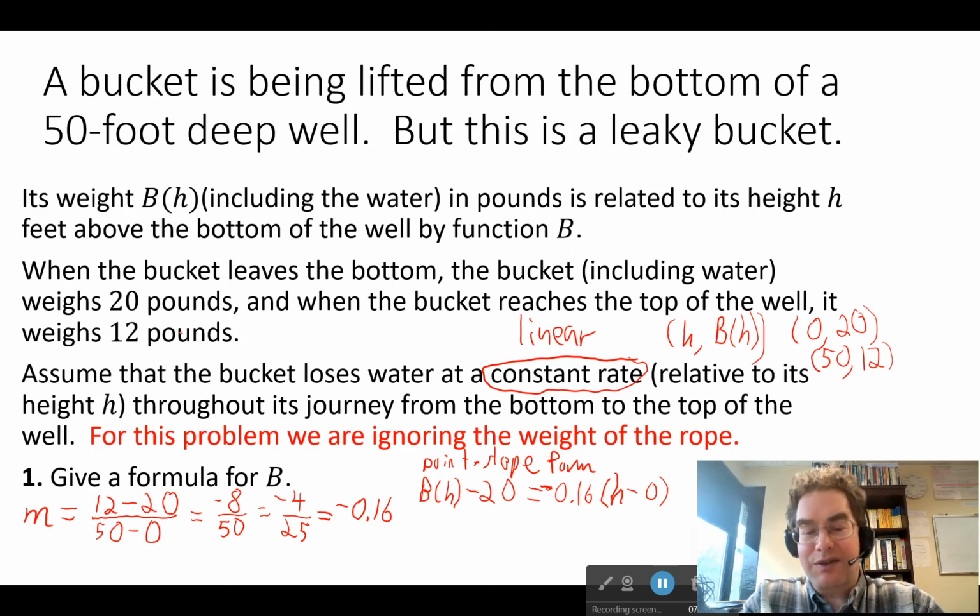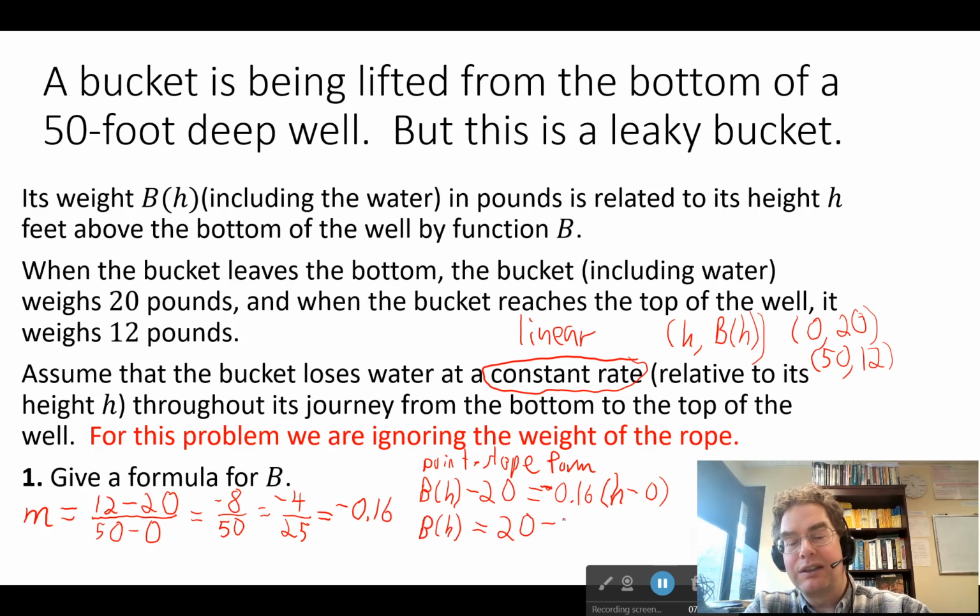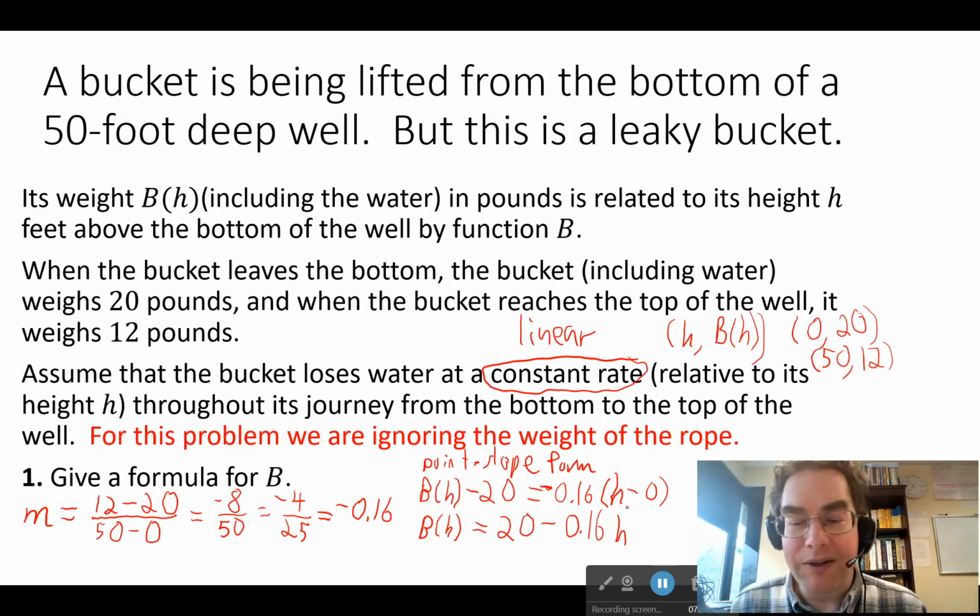So to express this as functions typically are, with the output by itself on one side, we can just rearrange, add that 20 over, and we get that b of h is equal to, if I put the constant first, which I can do, makes it look a little nicer, 20 minus 0.16h. Okay, there we go. We have a formula for our linear function, b, representing how the weight depends on the height for